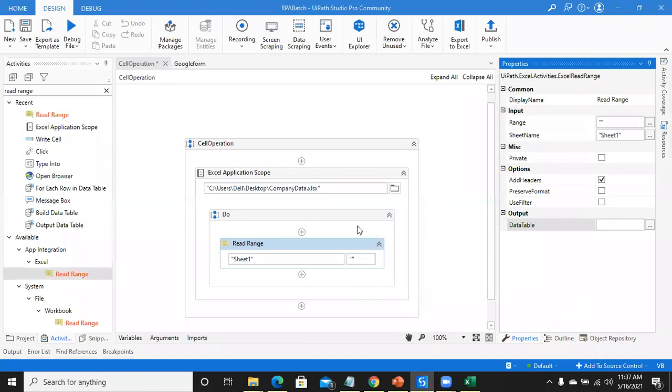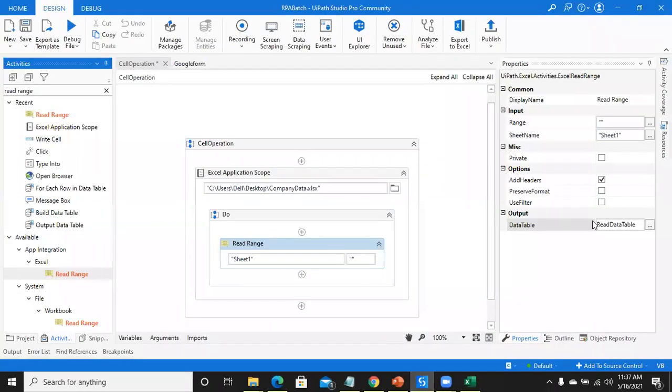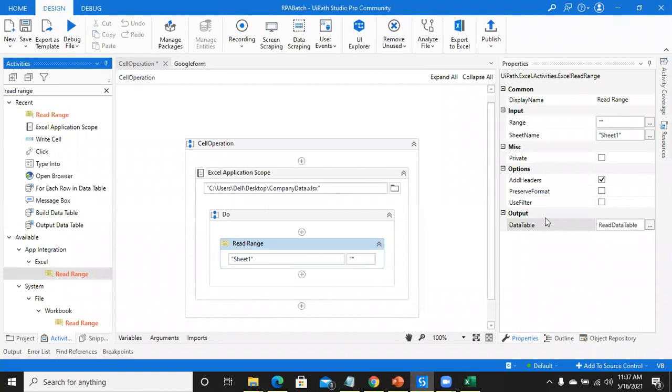Now we have stored our whole data in the read data table. That is a new variable we have created.